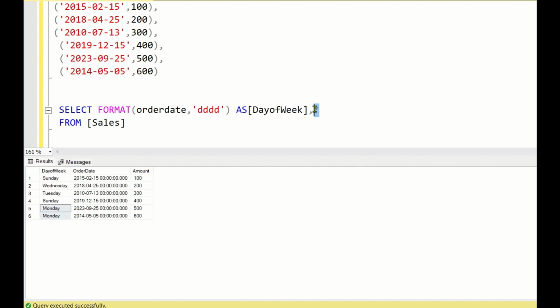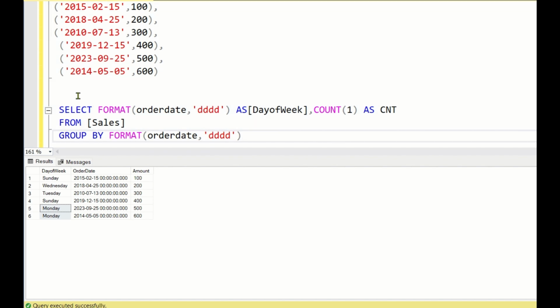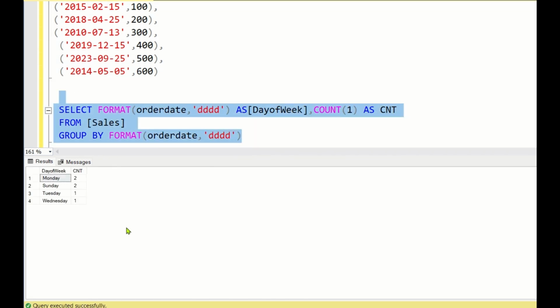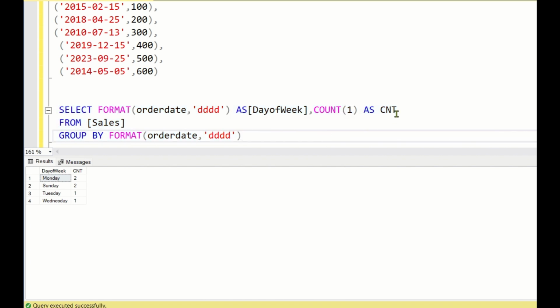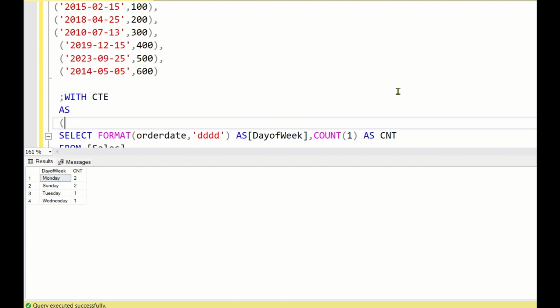Now what you will do is simply write COUNT(1) as CNT, and you can use GROUP BY with this FORMAT function. To retrieve the maximum, if you see, Monday and Sunday both have 2 orders each, okay. So you need to retrieve Monday and Sunday. So now let's keep this in a CTE, WITH CTE AS,